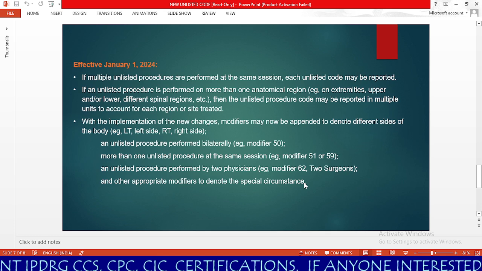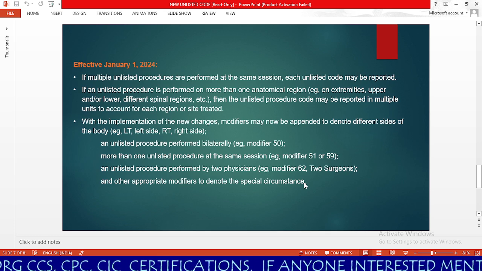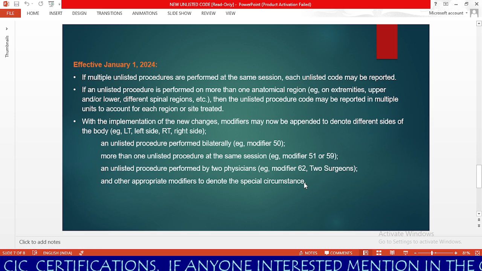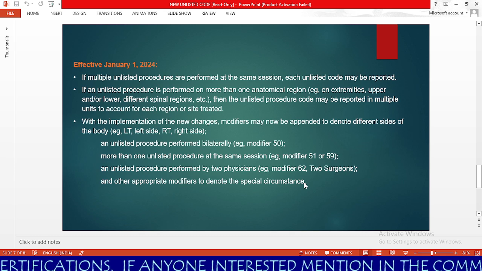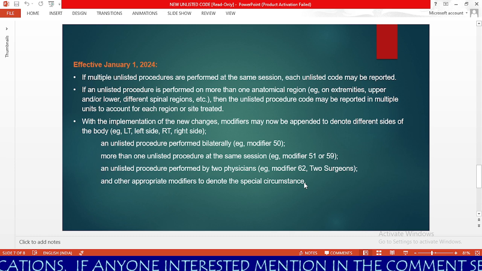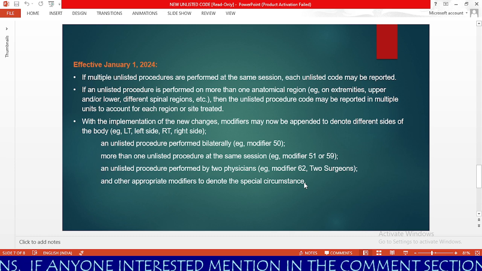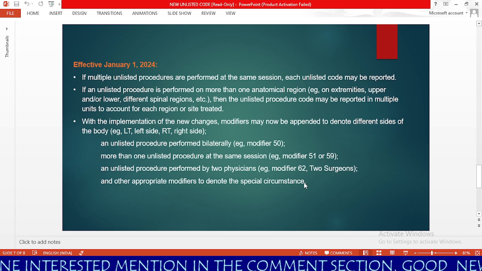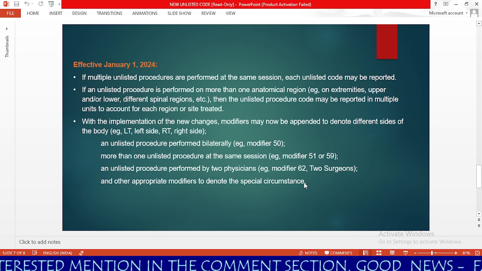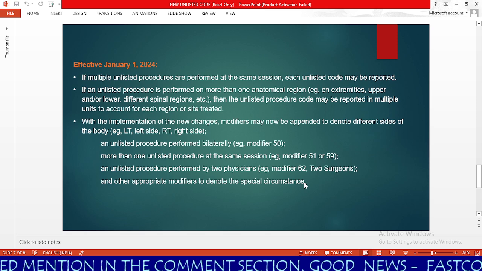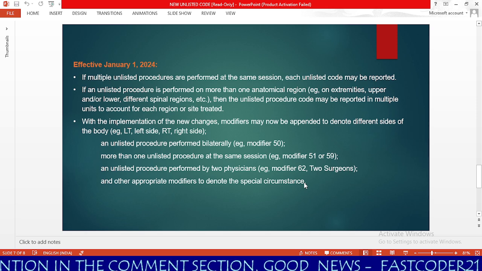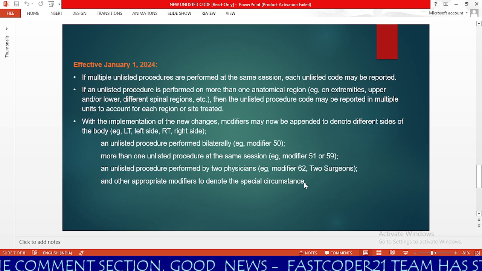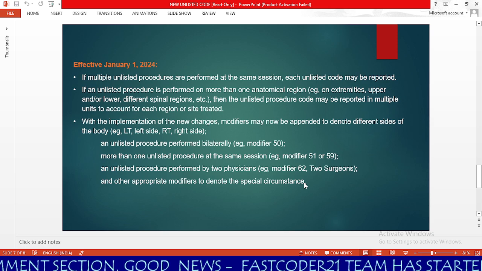Next, if an unlisted procedure is performed on more than one anatomical region, like extremities and different spinal regions, then the unlisted procedure code may be reported in multiple units to account for each region or site treated. So basically here, based on region or based on site, you need to code. For example, if the physician has performed the procedure on three regions, and you get a CPT unlisted code, you can code three unlisted CPT codes